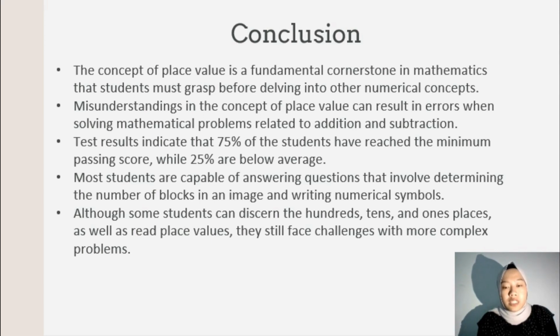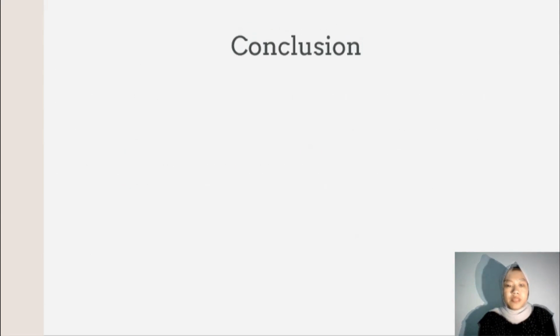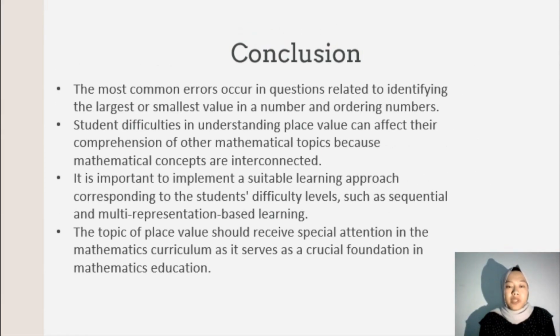They still face challenges with more complex problems. The most common errors were in questions related to identifying the largest or smallest value in a number and ordering numbers. The students' difficulties in understanding place value can affect their comprehension of other mathematical topics because mathematical concepts are